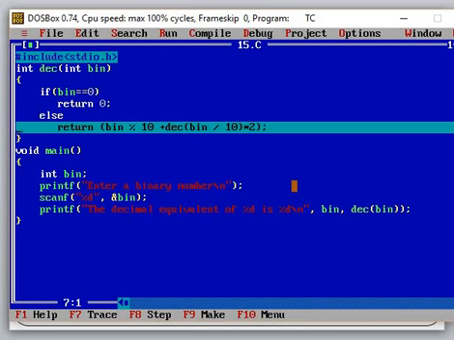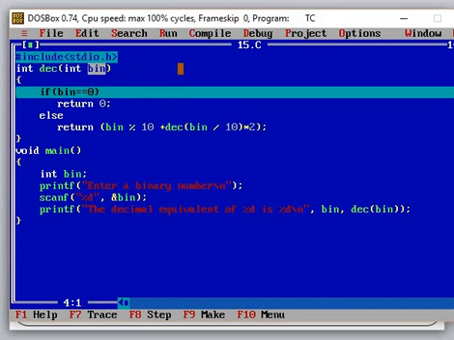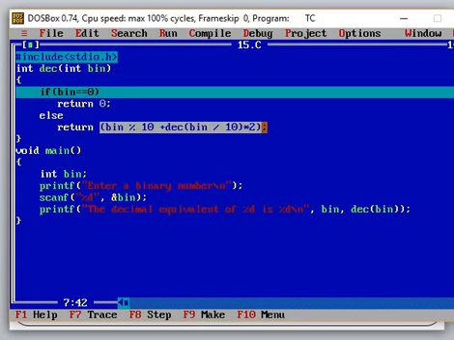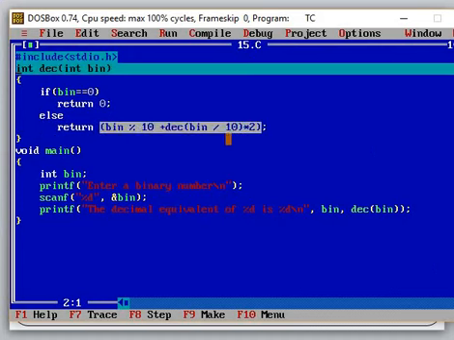Now you can observe that it is taking the value of 11 divided by 10, which is 1. So again the bin value becomes 1, and pressing F7 it will go there. Now it is 1. Is 1 equal to 0? No, so again it will come to this line, where it is now 1 divided by 10 for this call. It is 0. Bin becomes 0. Now you can press F7 and see that control jumps to the bin value, which is 0.